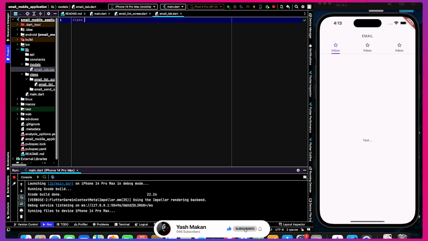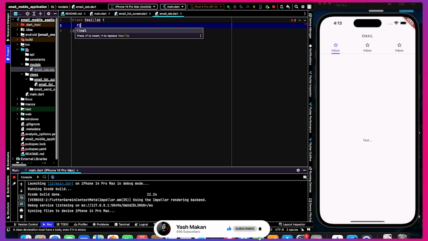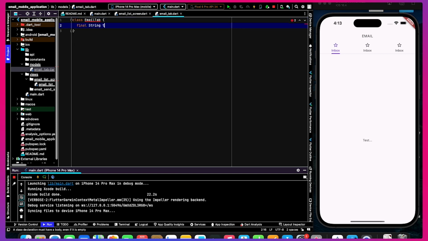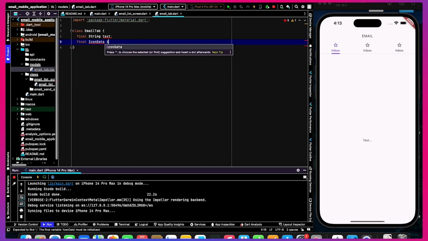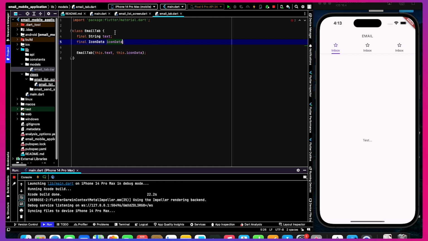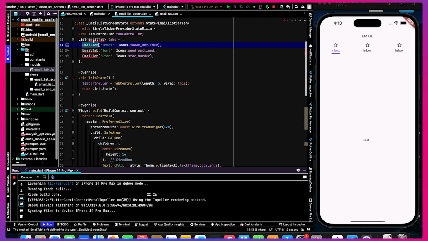So I'll create a class EmailTab, and it will have final String text and final IconData, material.dart IconData. Let's add these fields, and let's import this email tab in our email list screen as well,